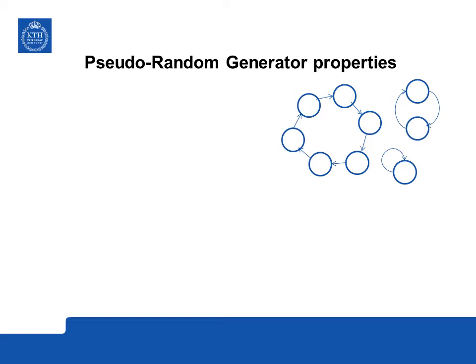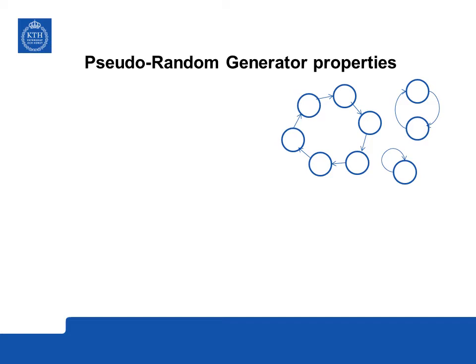Let's look at some of the properties of pseudo-random generators. All pseudo-random generators are calculated in a computer or in hardware, and they are digital state machines. So they have a number of states that they can run through. For instance, in the congruential generator, since the maximum number is m and we take the result modulo m, there are in total m states. In the linear feedback shift register with k memory cells, there will be 2 to the k different states. And as we know from digital design,